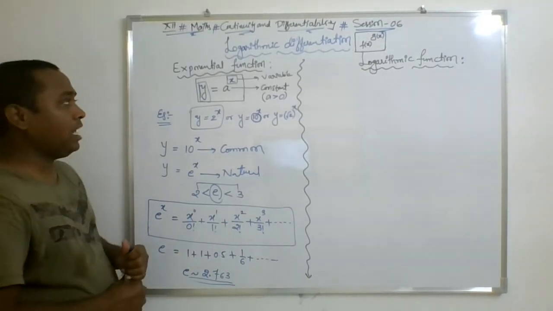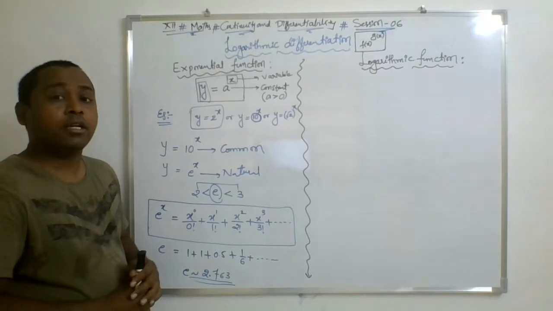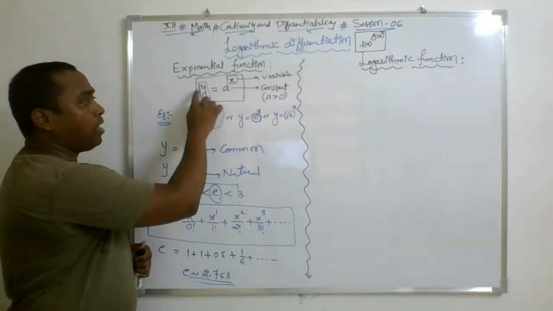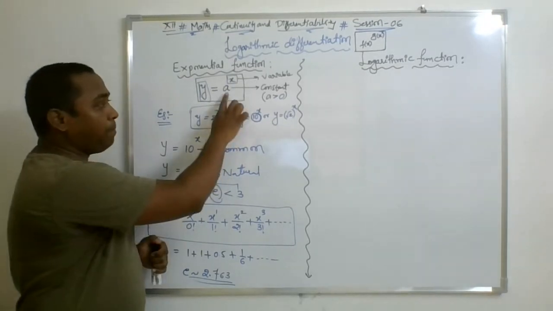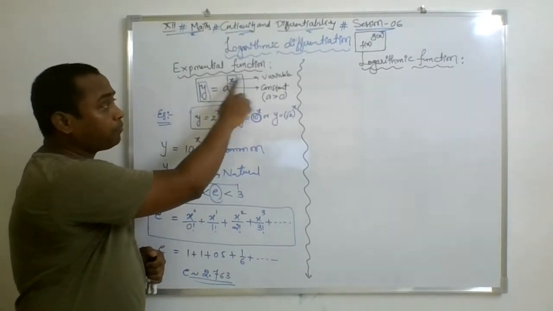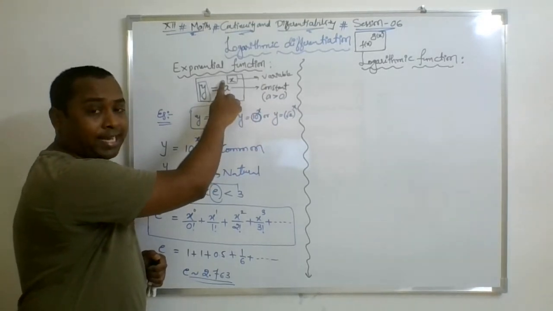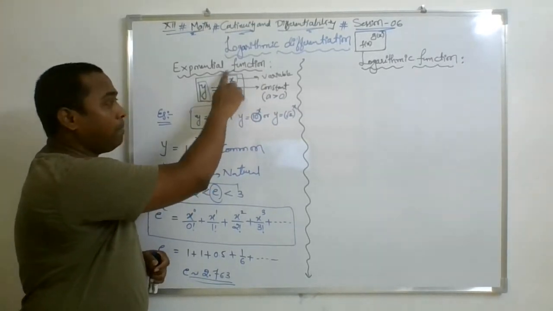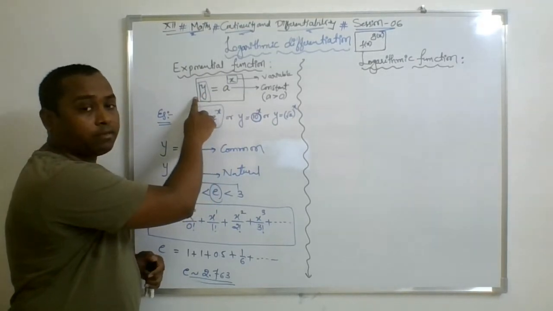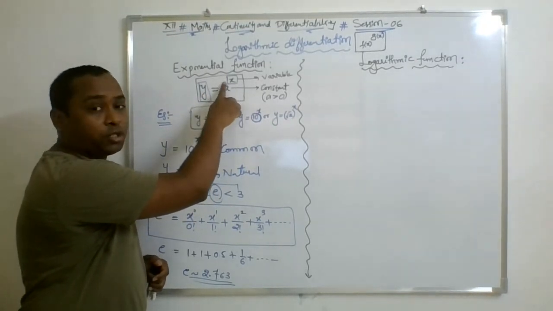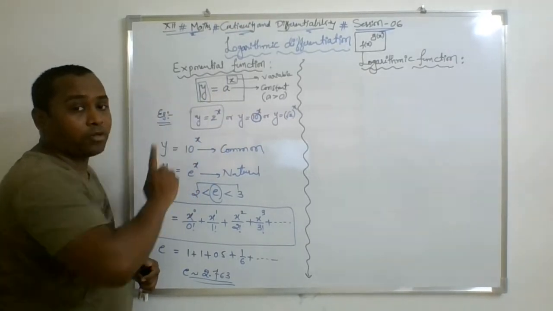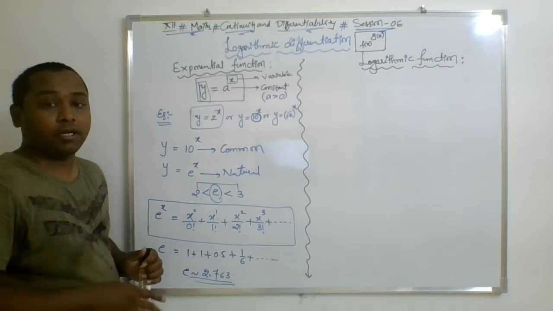So while dealing with exponential functions, you should have knowledge about their base, power, and value. The base is a positive real number, and the power is any real number, that is, x may be any real number. By taking these values, the value of y is always positive. Hence, the domain of this function is any real number, but the range of this function is the positive real numbers.